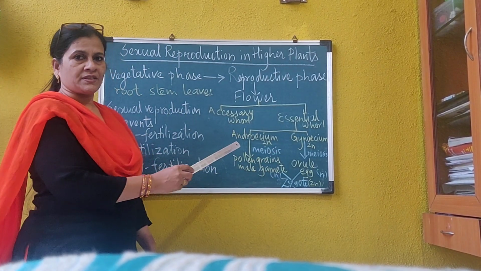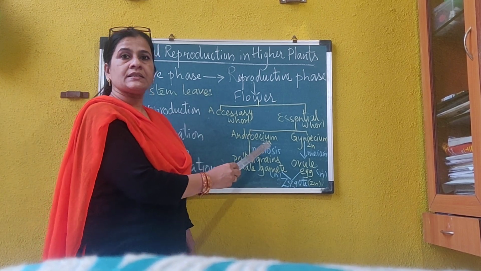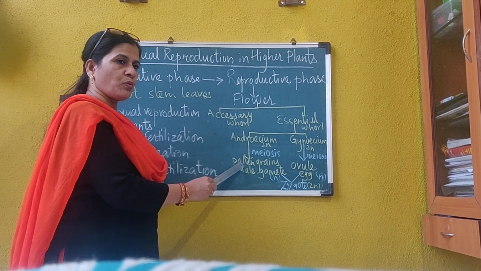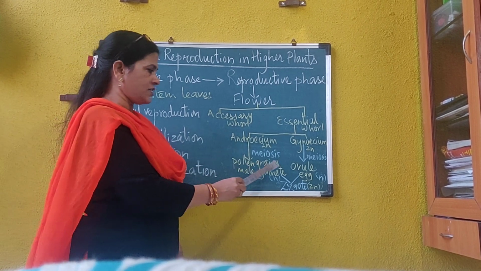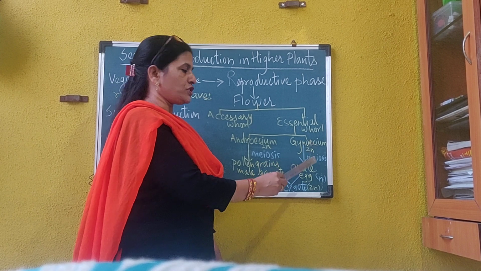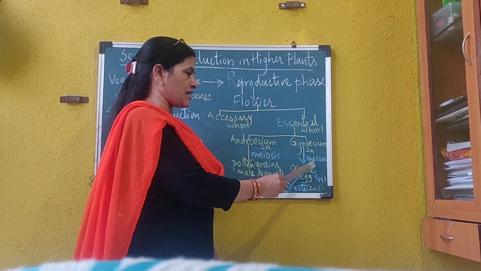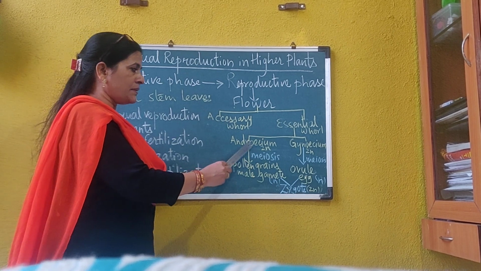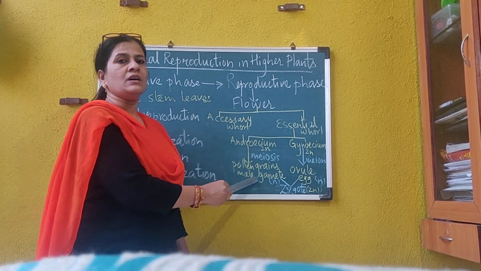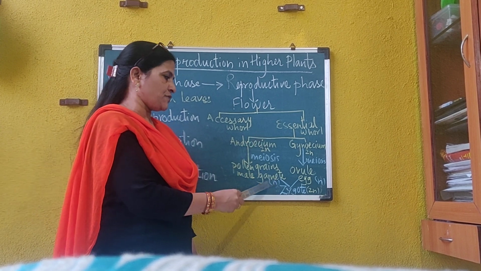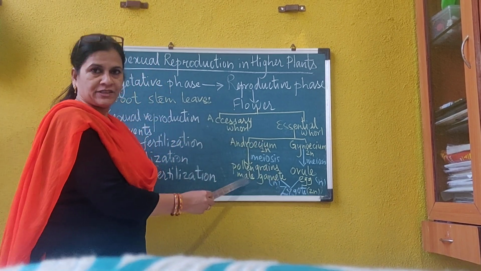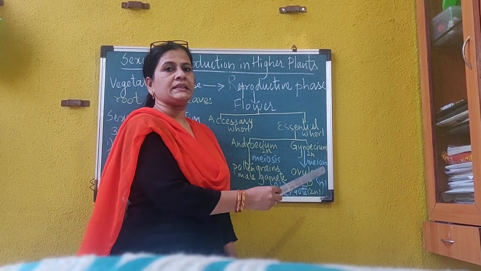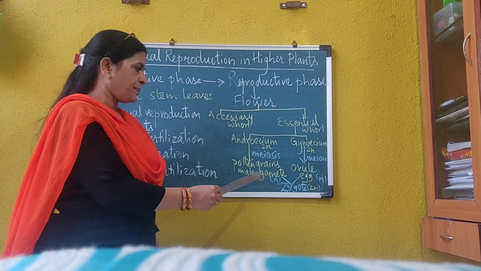They undergo a process called as meiosis, that is reductional division, and due to which androecium produces pollen grains which is haploid and gynoecium produces ovule with embryo sac which is also haploid. That means the double set of chromosomes are reduced to half, that is haploid set of chromosomes. Pollen grain contains male gamete which is haploid and ovule contains female gamete, that is egg, which is also haploid.